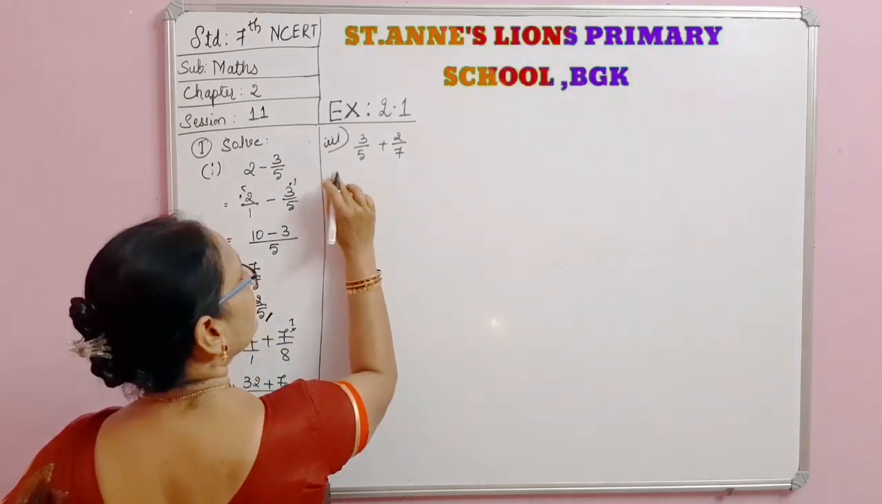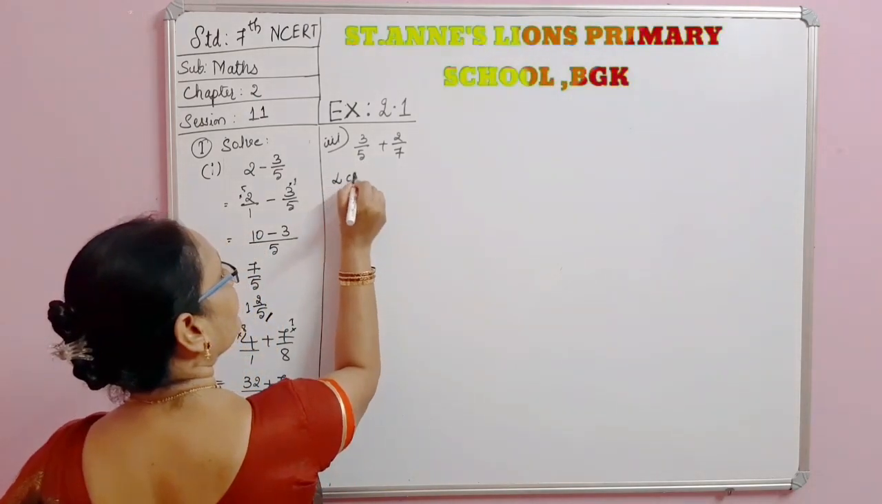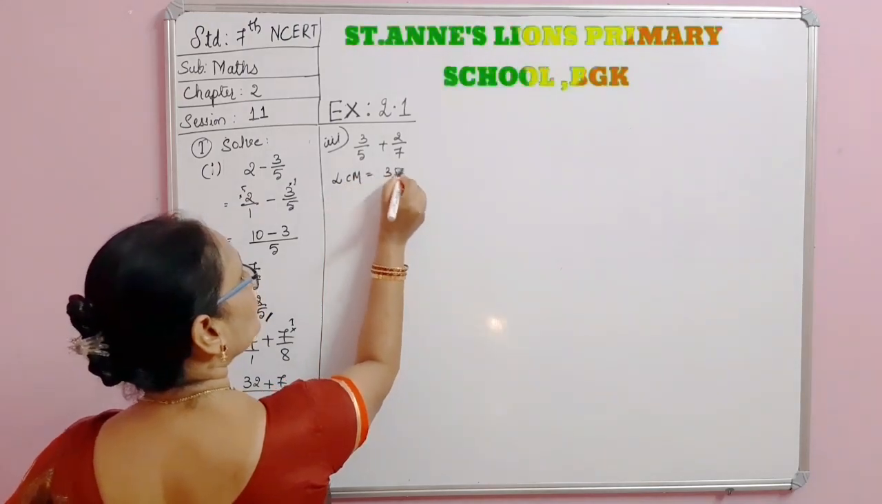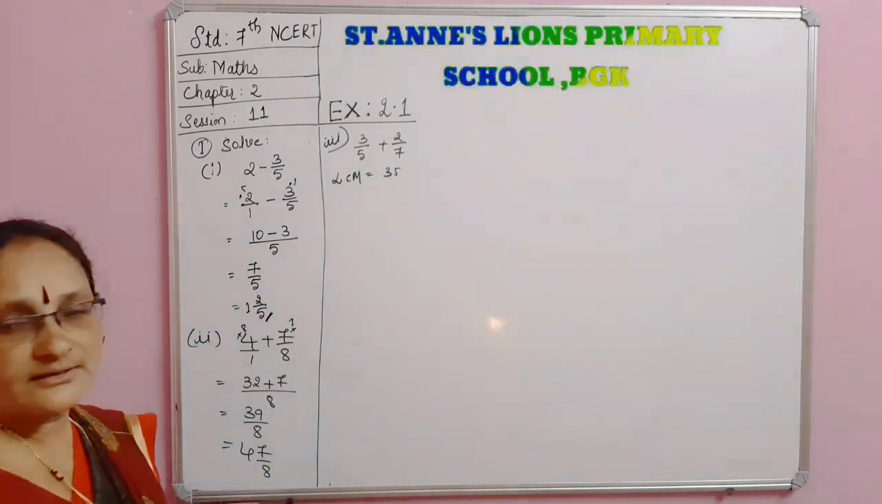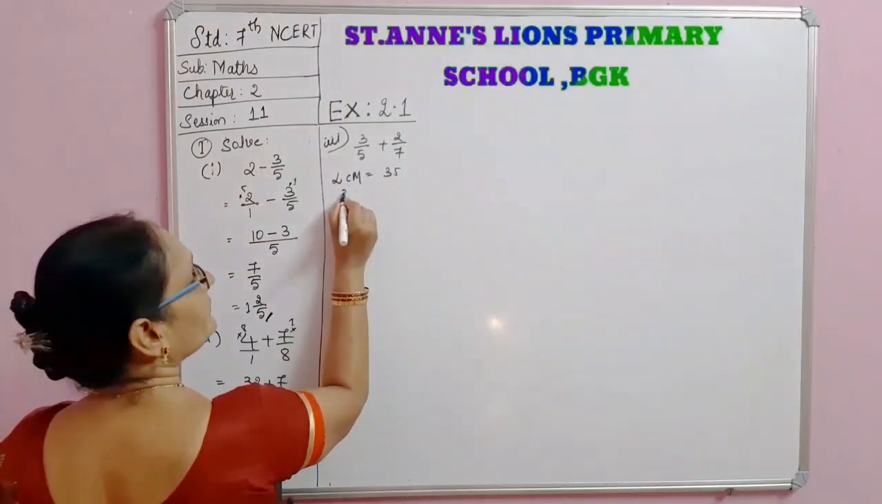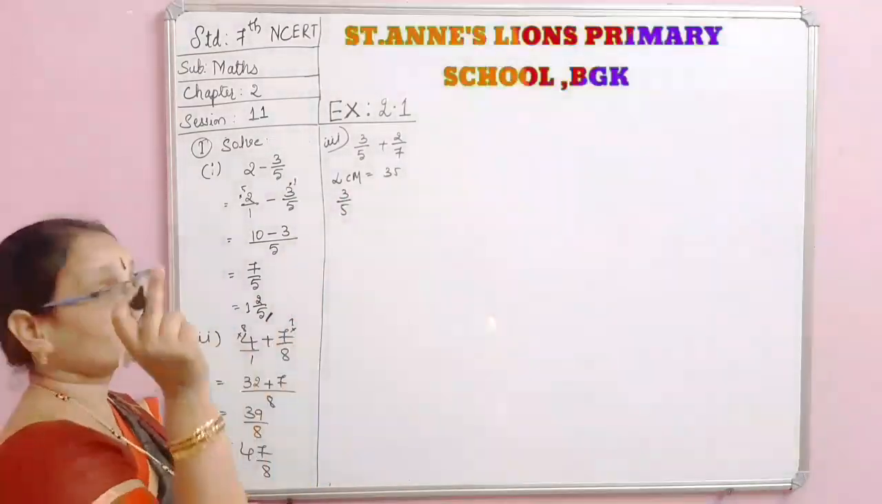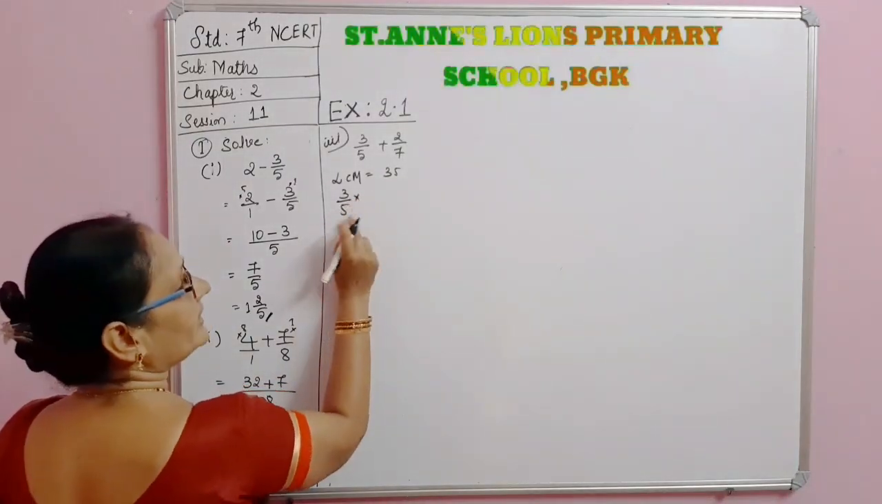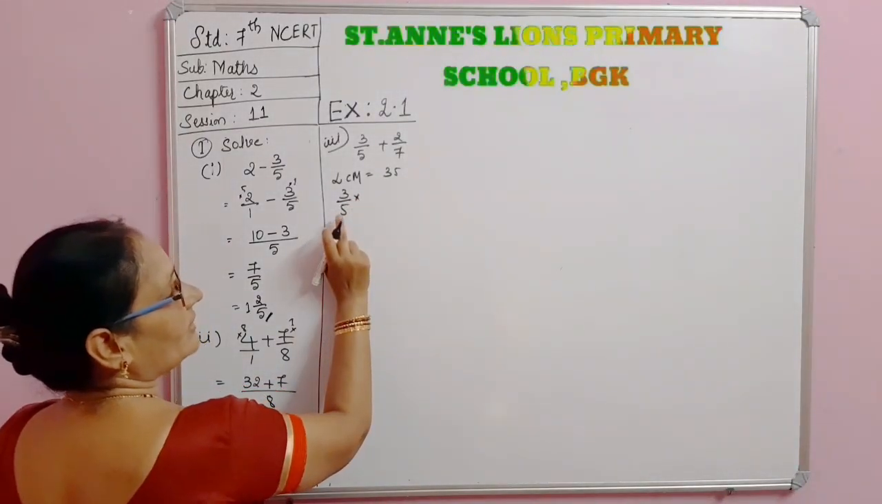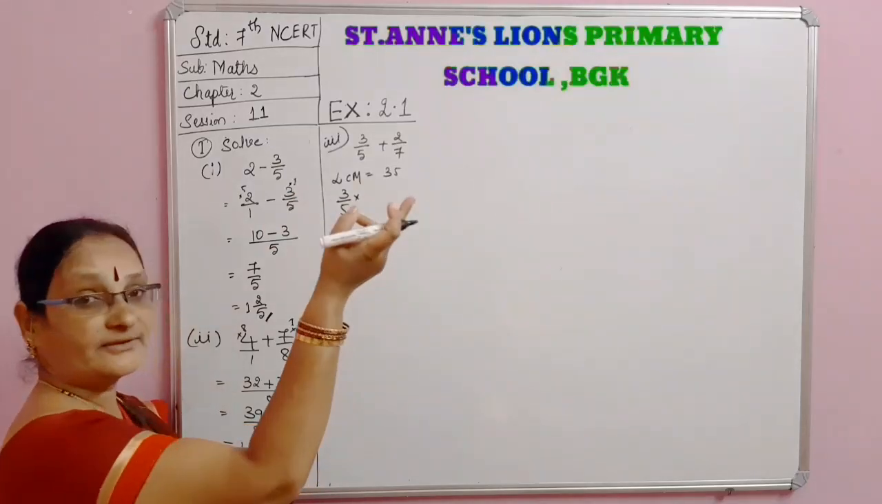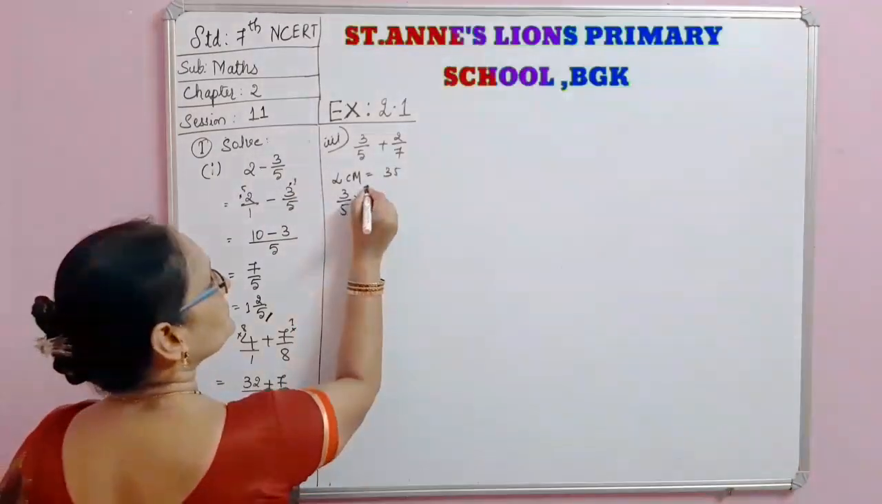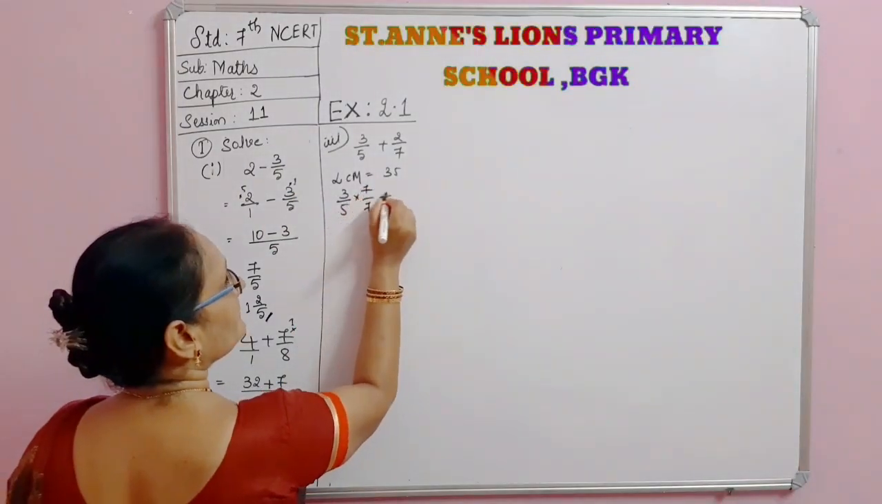So LCM is 35. We have to equalize the denominators. How? 3 by 5. Now we have to convert this 5 into 35. Why? Because LCM is 35. To get 35 here, with what do I have to multiply the 5? 7. So 7 by 7 plus